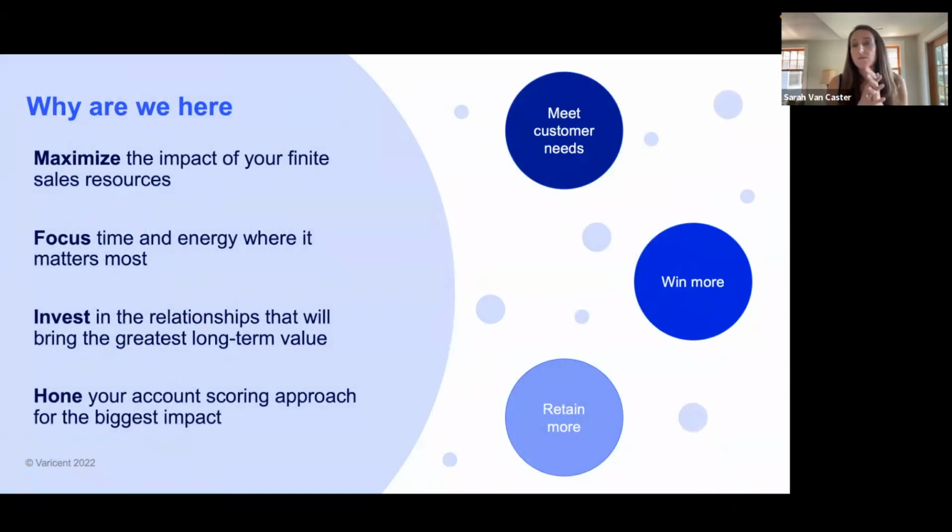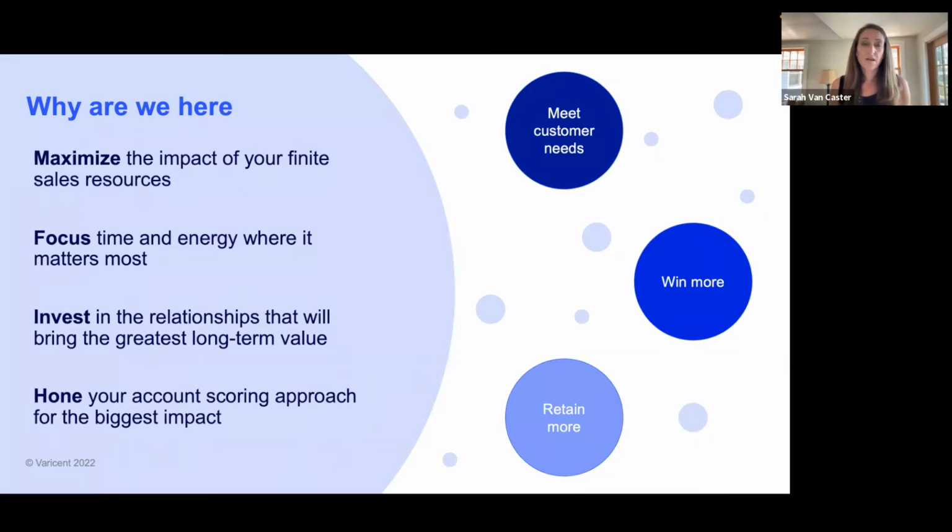Okay, so I think it's always important to start with, why are we here? Why does account scoring matter? Account segmentation and scoring is a foundational step in your sales planning efforts. When it's done right, or done well, you can really optimally build territories that are filled with customers with a high propensity to buy. And you can assign quotas that are challenging but achievable because they're full of fruitful customers